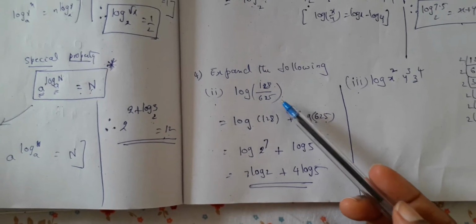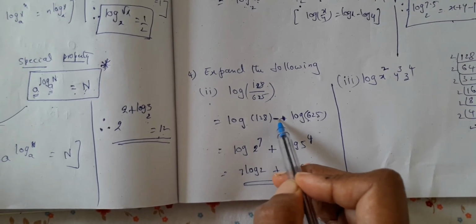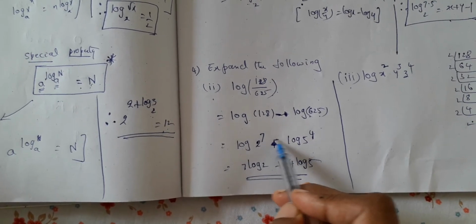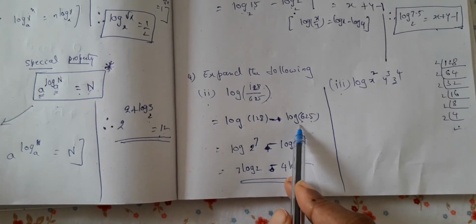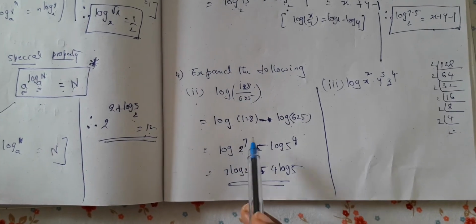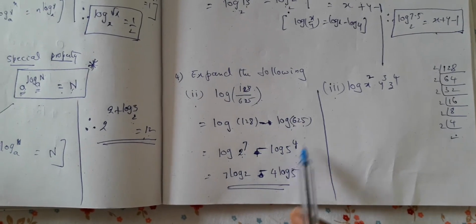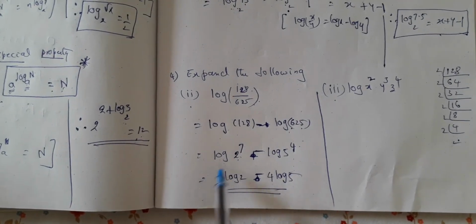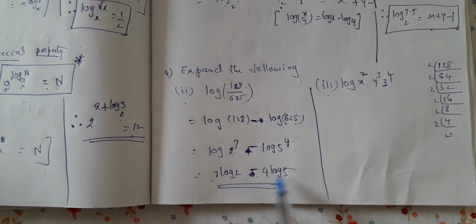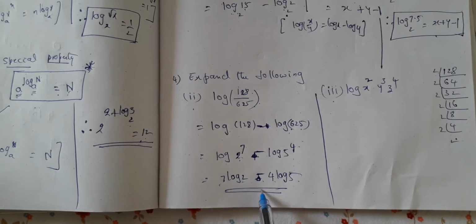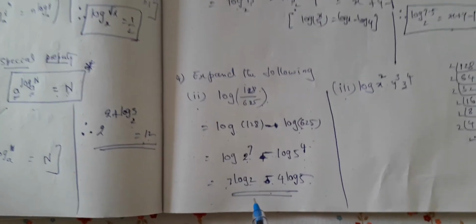So it is in log x by y form. Log x minus log y, I'm sorry children. So this is log x minus log y. Now log x is represented in terms of powers here. 128 is 2 power 7. 625 is 5 power 4. So therefore log x power n minus log y power m is n log x minus m log y. So this is the complete expansion of it. Yeah, please see that this is a minus sign. Right. Please copy this one.